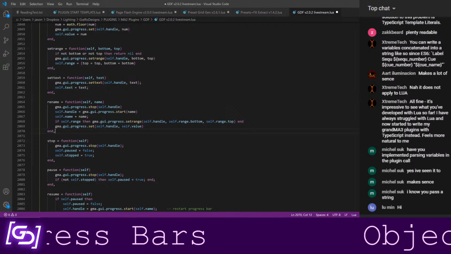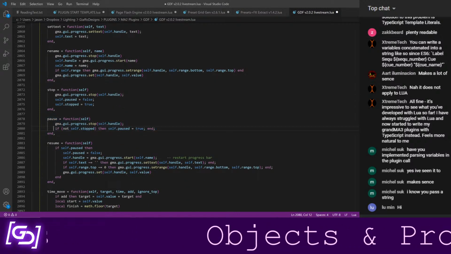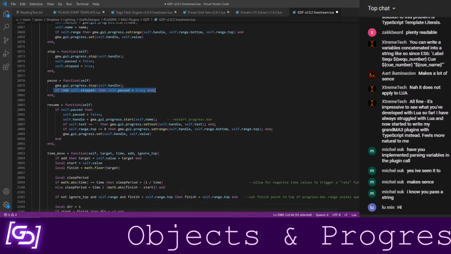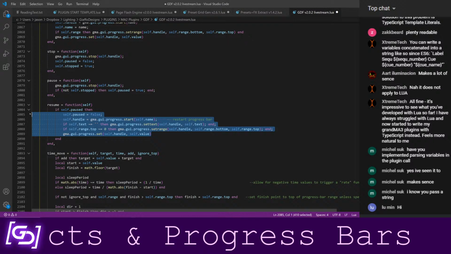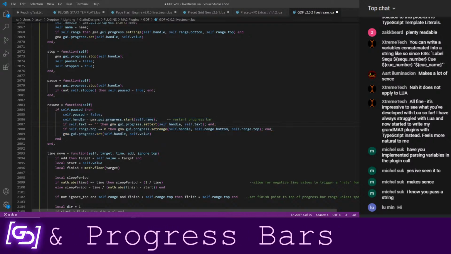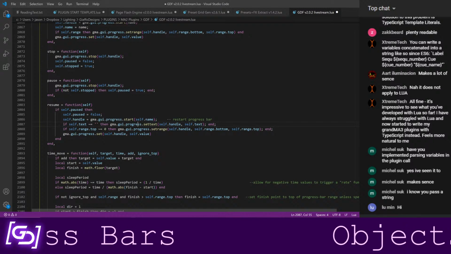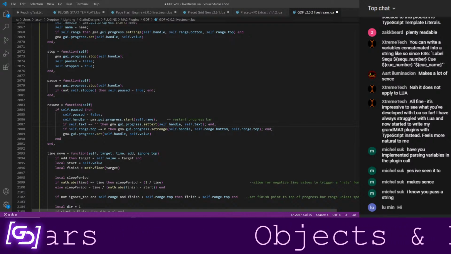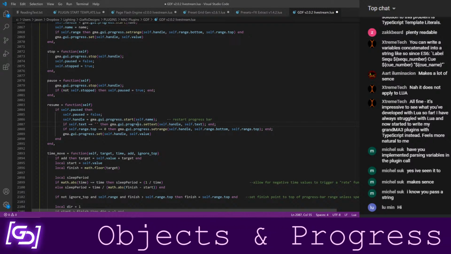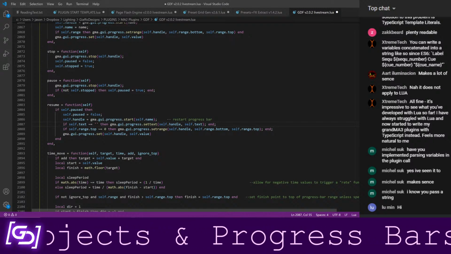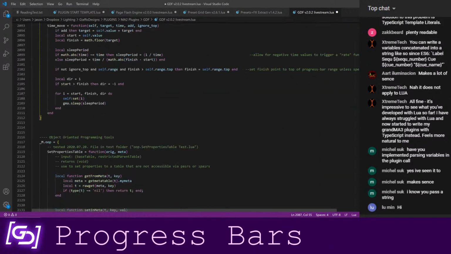So yeah, I put a pause function in there, so it kills the progress bar, but all your information still exists, so that when you want to resume it, you just say resume. It creates a new progress bar that has all of that information, and you can treat it as if it was that same progress bar. Logically, the way you're thinking of it, it is that same progress bar still. But if I need to prompt a user for something in the middle of a progress bar running, the progress bar stomps on top of whatever other user input, so I need it to go away for a little bit. This stuff wasn't super useful, but yeah.